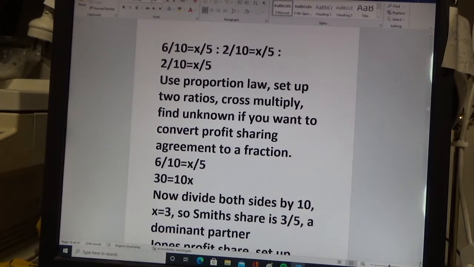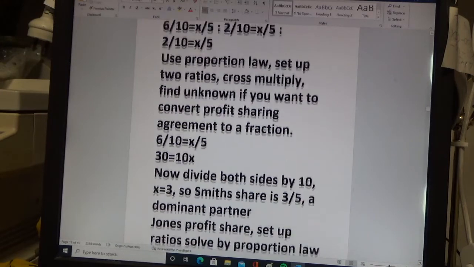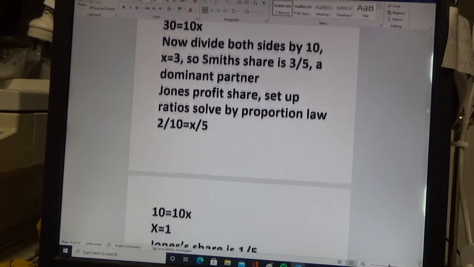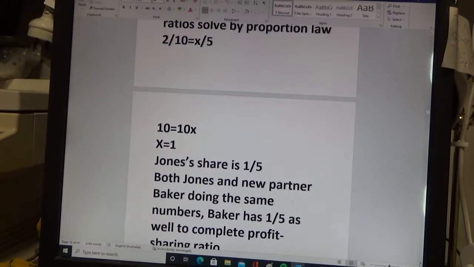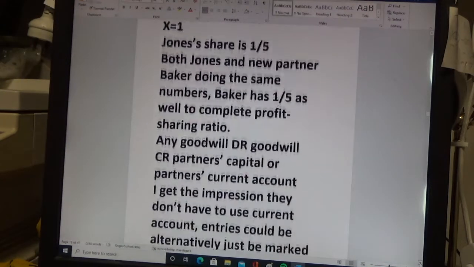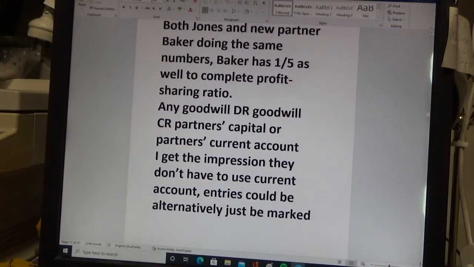5 is the new denominator. The old denominator was 4. That's all right. Jones' profit share after the proportion law is 1/5, and he's the same as Baker. Okay. So that's how you calculate a new profit sharing ratio if a new partner comes